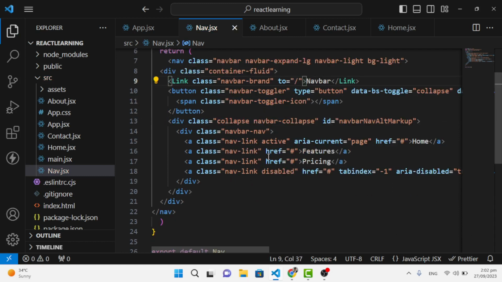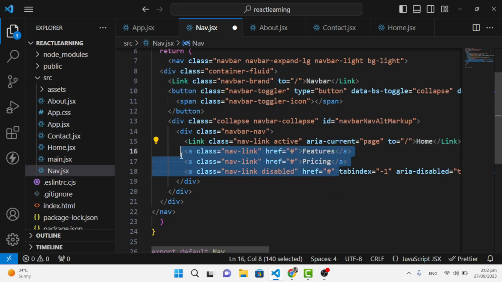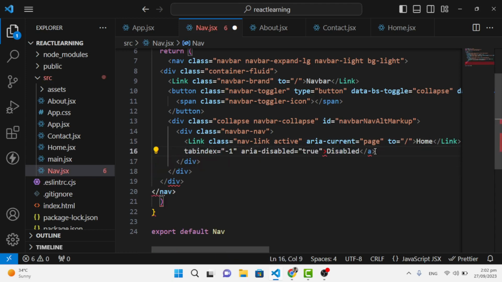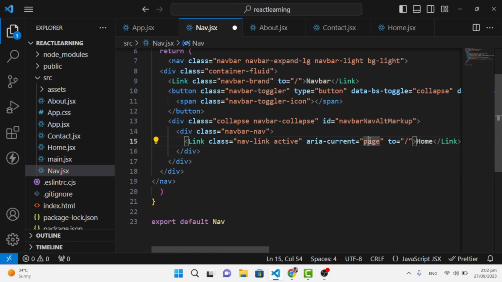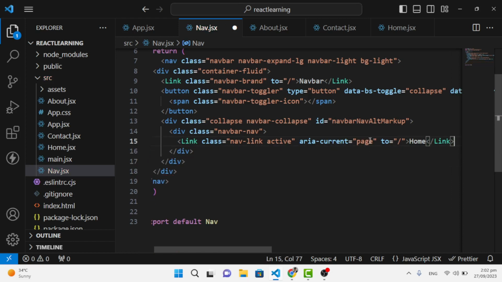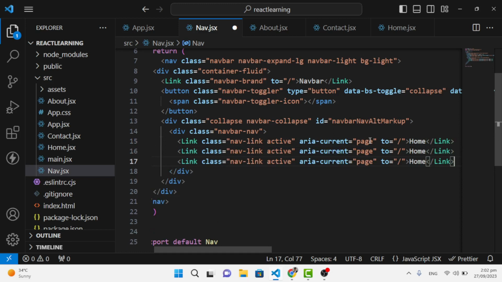And also let's change this one to link, and remove this. To is equal to, we will move to home page. Okay, and now let's remove all these things and copy this one. Let's move shift alt down arrow key, and we will move to contact,